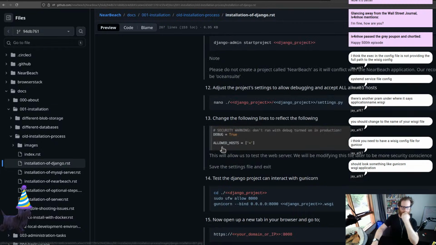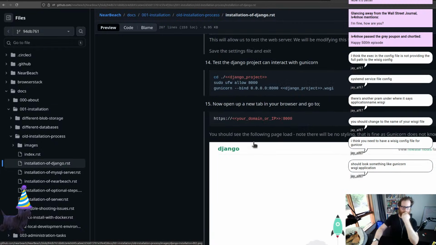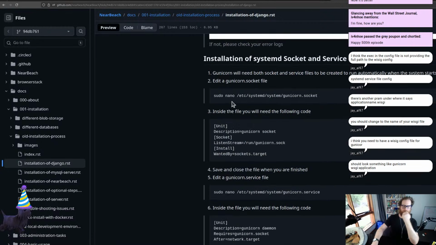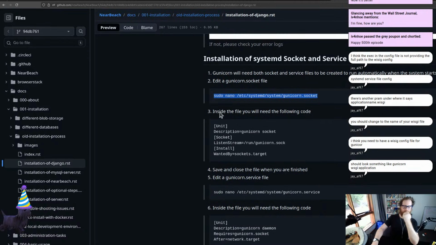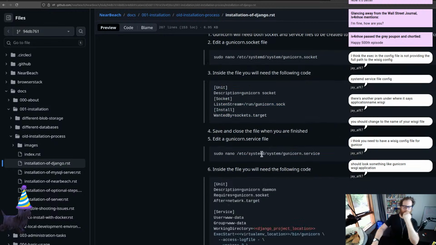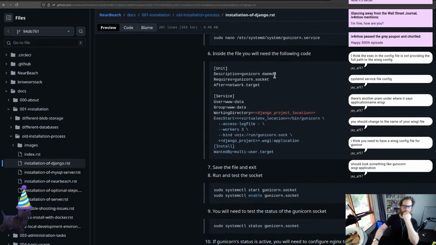So what I'm going to do. Oh yeah, this is the old stuff. Sudo gunicorn bind with that. All right, that's just to make sure it runs. We edit the socket. We put that into the socket. All right, save and exit, edit it. All right, and then